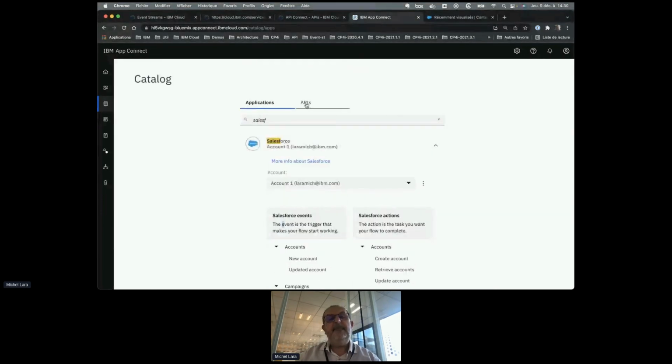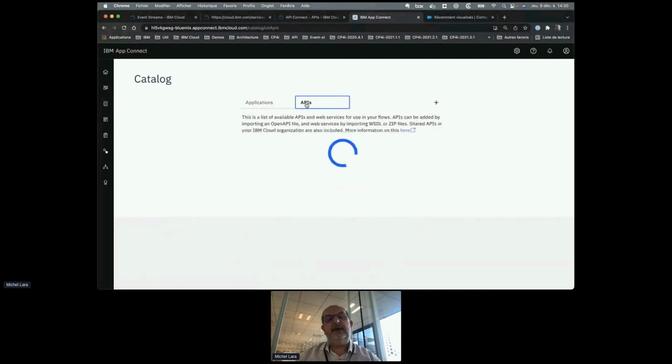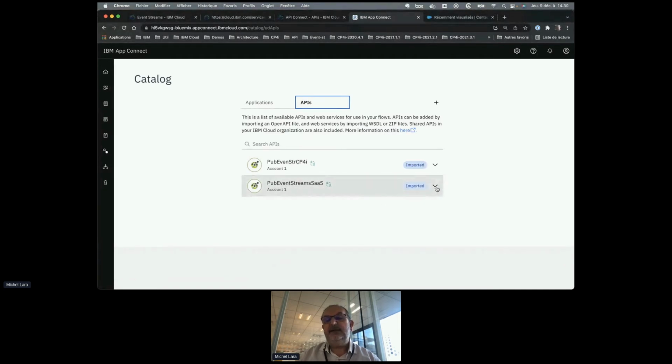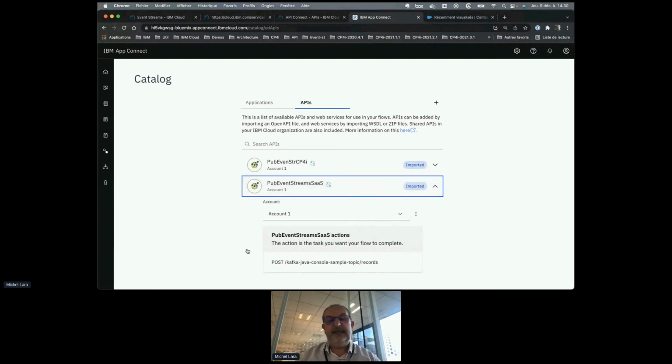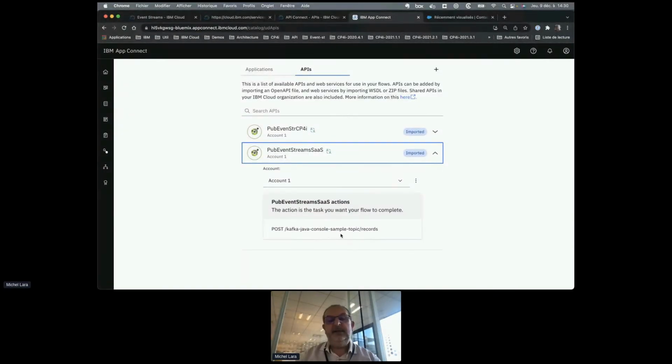And now, in this catalog, I have added the API I previously made with API Connect to post a record on my Kafka topic.